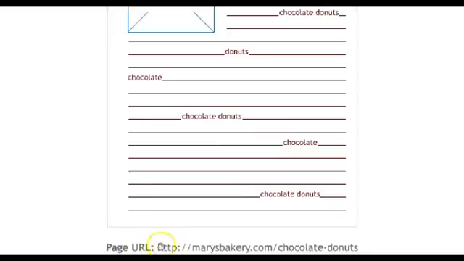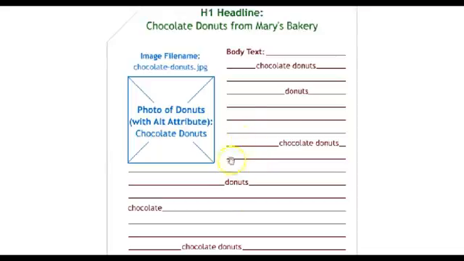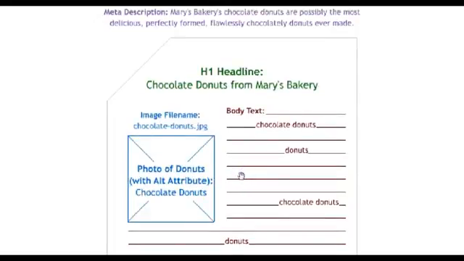Okay, and also the page URL, very important to add your keyword there to signal to the search engine that this page is about chocolate donuts or car repair Toronto, whatever, so that they can get these signals, and when somebody goes online and searches for chocolate donuts near their location, your page should come up first, okay, or at least on the first page of Google. Now we're not talking about position 1, 2, 3, or 4 or 5, but the better you optimize, the better chances you'll move up in the ranking. But at least you get to the first page, which is